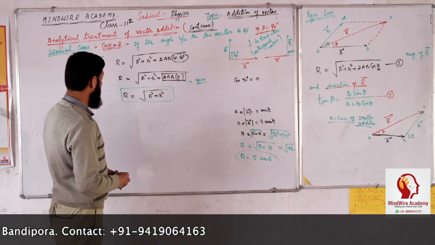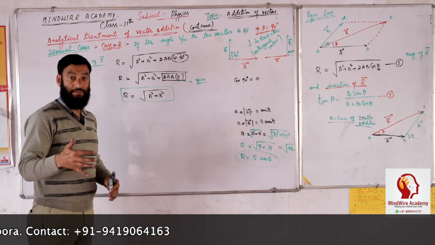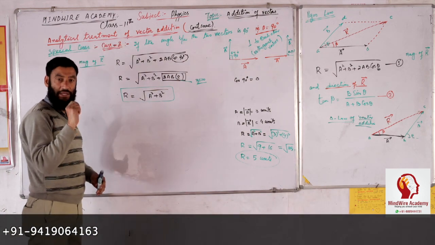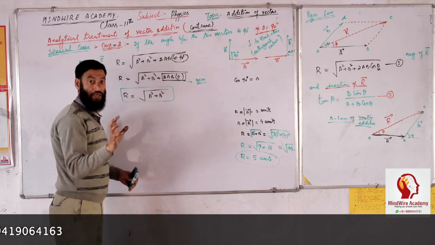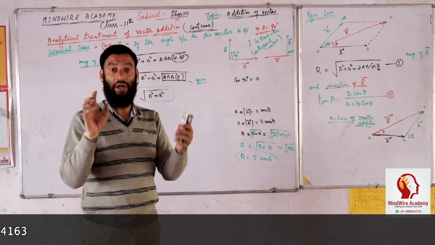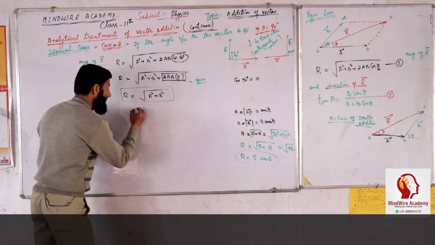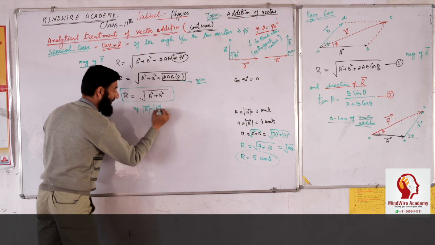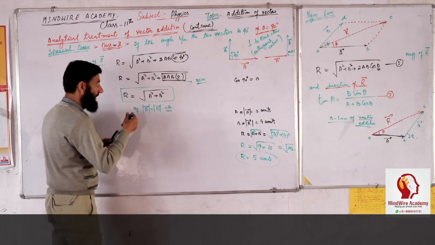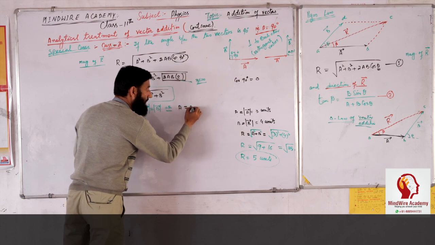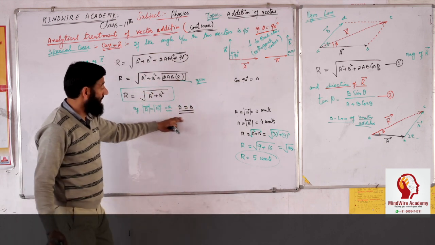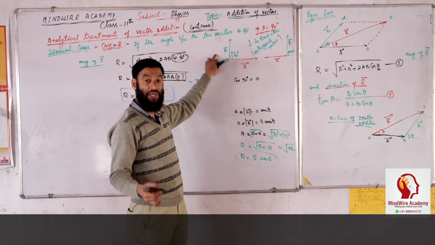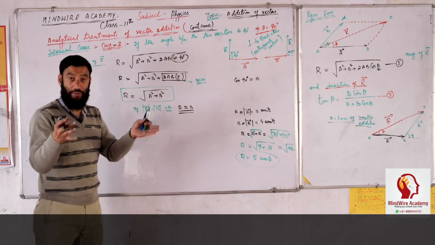So, now if I can take one more simple addition in this, that if the two vectors A and B are perpendicular to each other, but they are of same magnitude, that is, if magnitude of vector A happens to be equal to magnitude of vector B, or I can simply write it as that magnitude of A is equal to magnitude of B. But you have to remember that the two vectors are perpendicular. So one, this is perpendicular, orthogonal, and in addition they have one more property, that their magnitudes are also equal to each other.